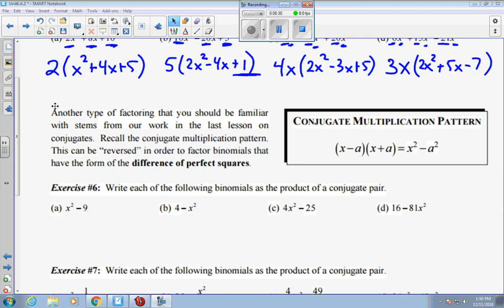So, like I said, a second part of the factor flowchart is difference of two perfect squares. So if you have two perfect squares, x squared minus a squared, that's the difference. It will factor to x plus a, x minus a. Okay, difference of two perfect squares. And it doesn't matter, it doesn't have to be